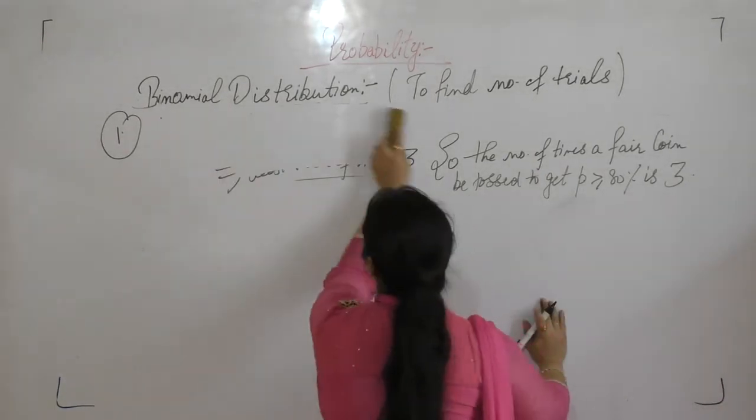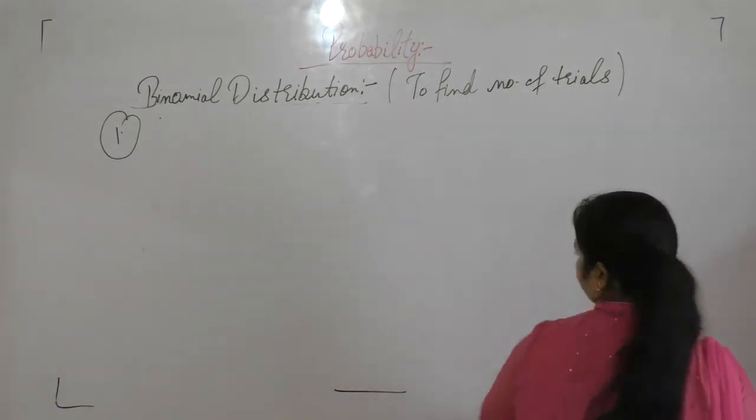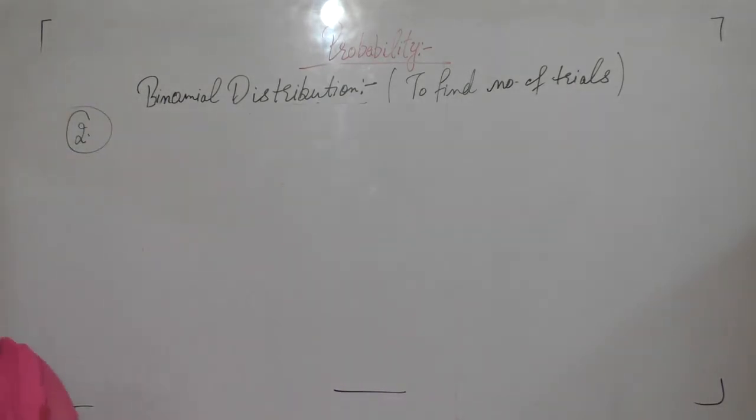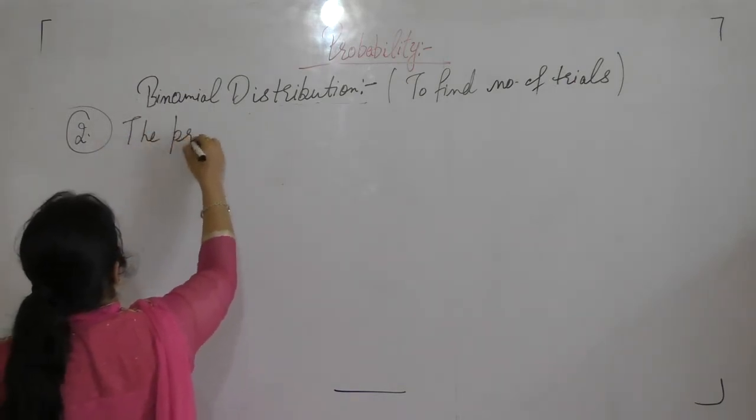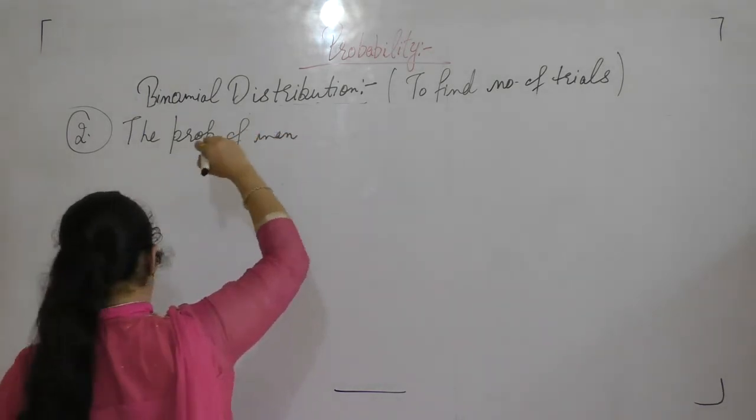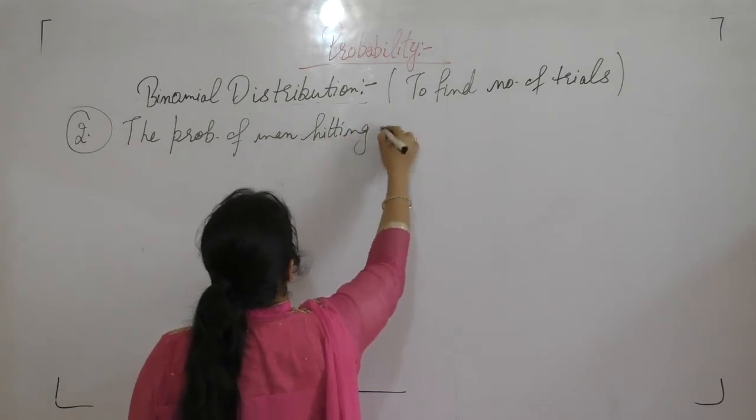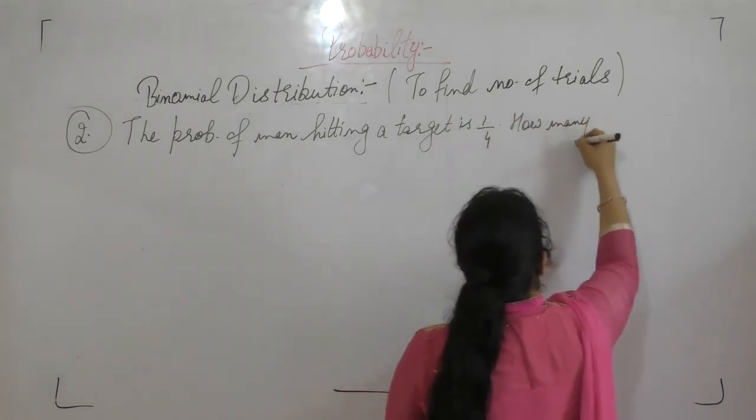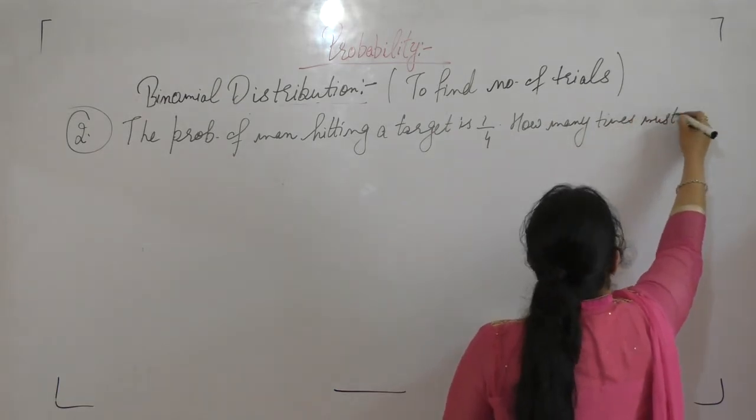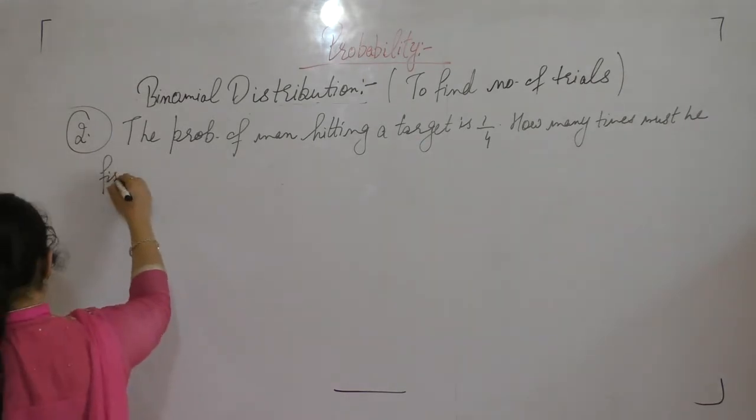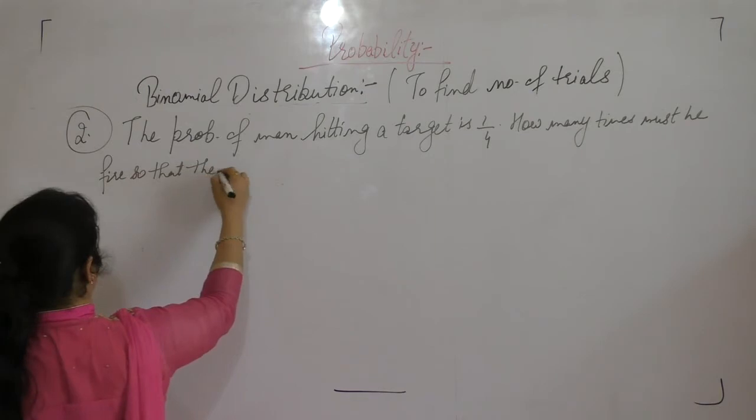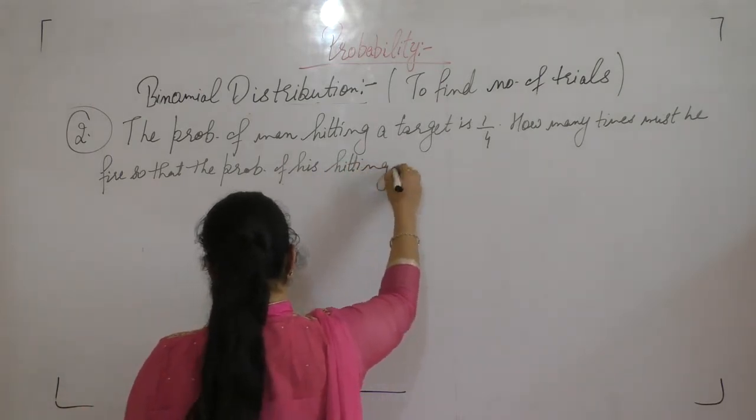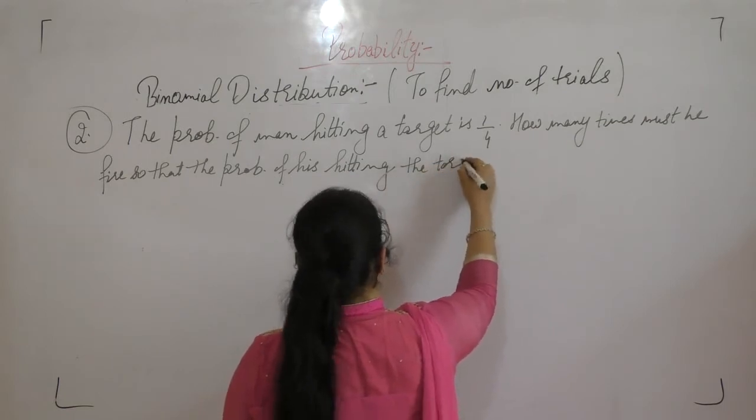Now the next one is question number 2. Write down the statement. The probability of a man hitting a target is 1 by 4. How many times must he fire so that the probability of his hitting the target at least